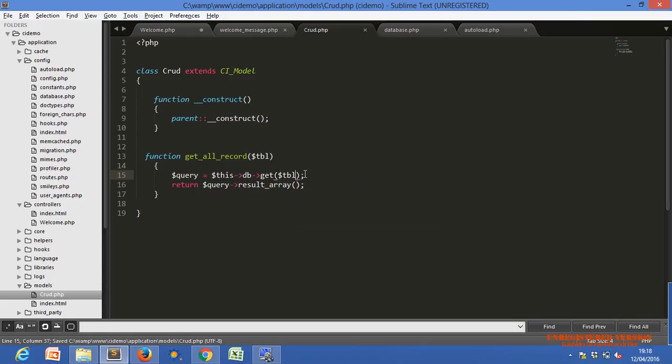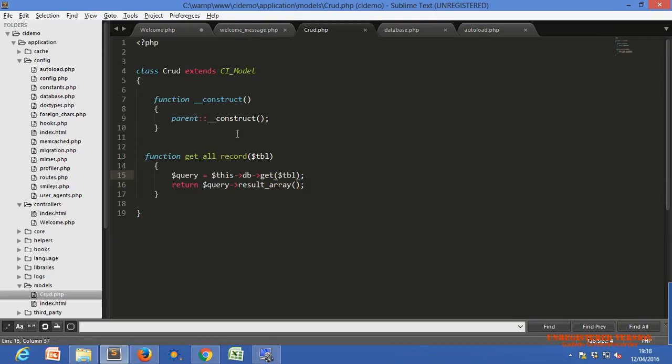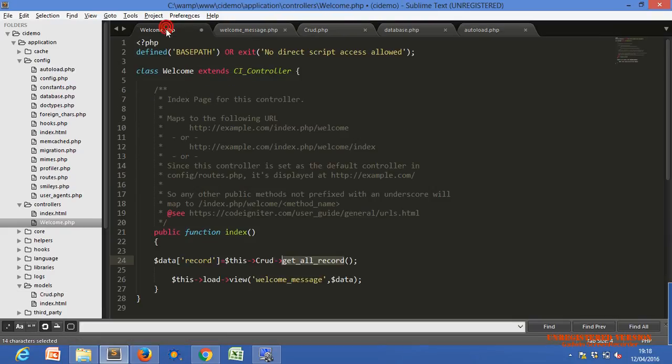Whenever we call that particular model function, get all record, we have to pass our table name. So we can use this function for any table.